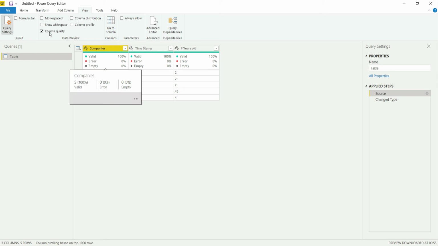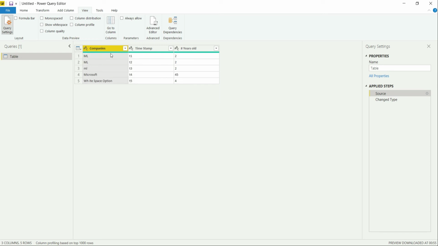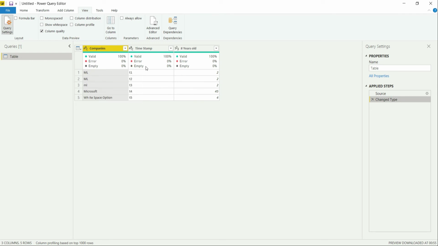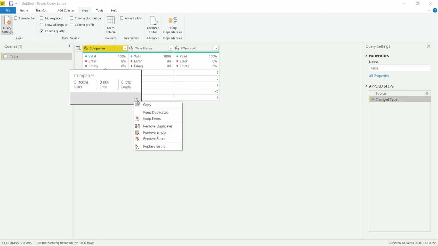What it does is, let's first of all remove it. Now you can see this is only the data that we have. Now if I go and click on the column quality, it is showing me these kinds of metrics, like how many values are valid, is there any error in the column or not, how many values are empty, or how many null values there are. It is giving me all that information. Considering you have, let's say, 10 empty values and you want to remove them, just hover over here, click on this, and it tells you how you can remove the empty values. Just click on this and it will remove your empty values.